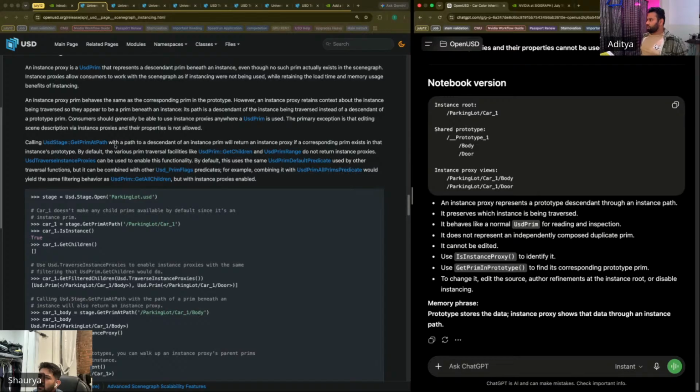Calling USD stage get prim at path with a path to a descendant of an instance prim will return an instance proxy with a corresponding prim, if a corresponding prim exists in that instance prototype. By default, the various prim traversal facilities like,